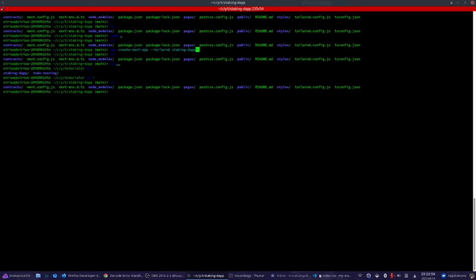I create a contracts folder with mkdir contracts. This is make directory contracts, cd into it. I will run npm init -y to create a package.json file, and I will run npm install --save-dev hardhat because we are going to do our development in Hardhat. And after I installed Hardhat,